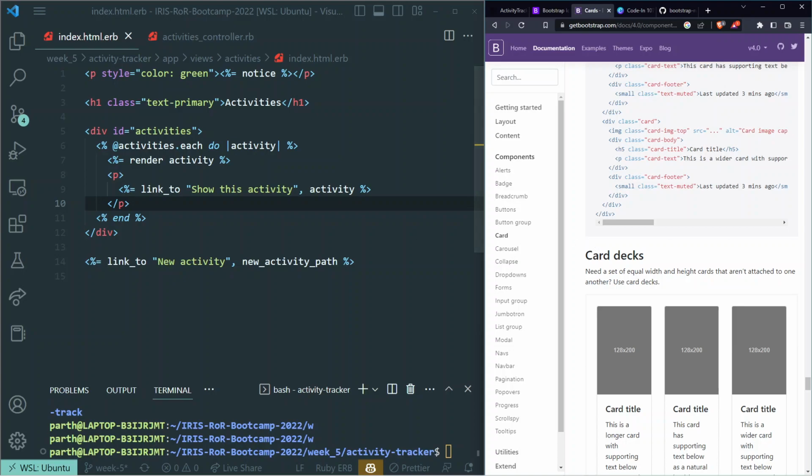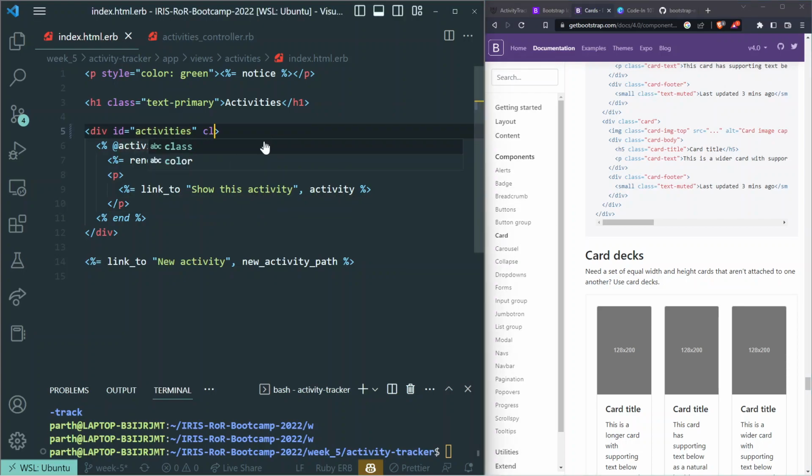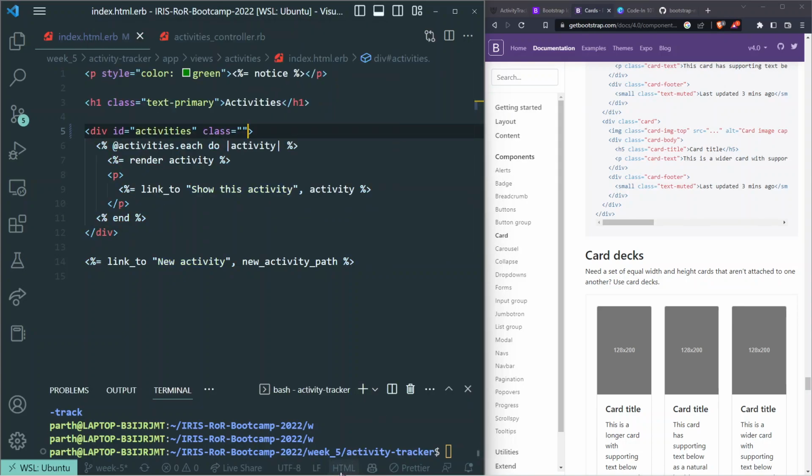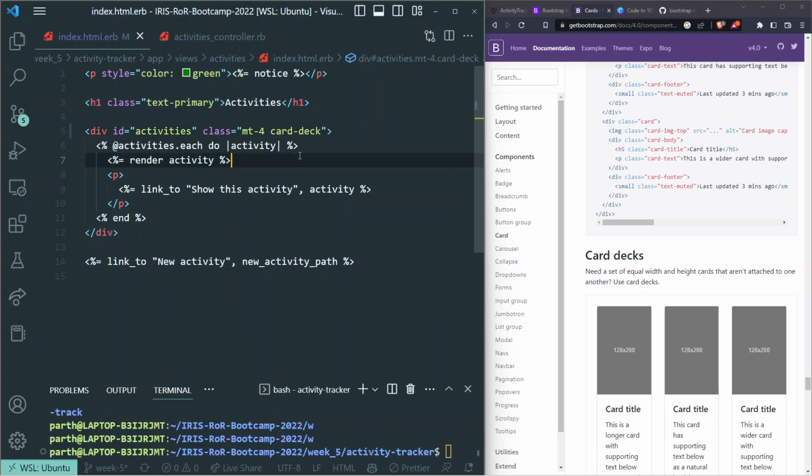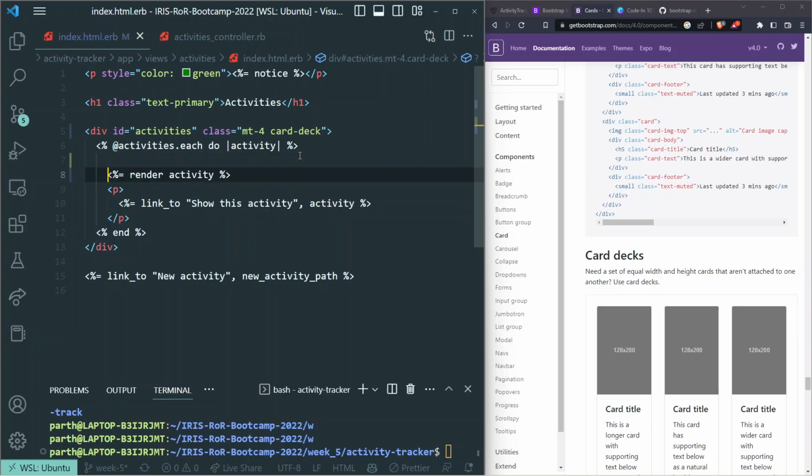So let's do that. I'm going to grab some code so that we don't waste a lot of time. Or, you know what? I'll just quickly show it to you. Let's give this a class, and for that let's make this HTML. Let's give this a class, and let's say mt-4. It says give it a top margin of 4 and give it a card deck. Now we're enclosing all of our activities inside a card deck, and then we're saying that for rendering an activity, wrap the activity inside a div which has a class of